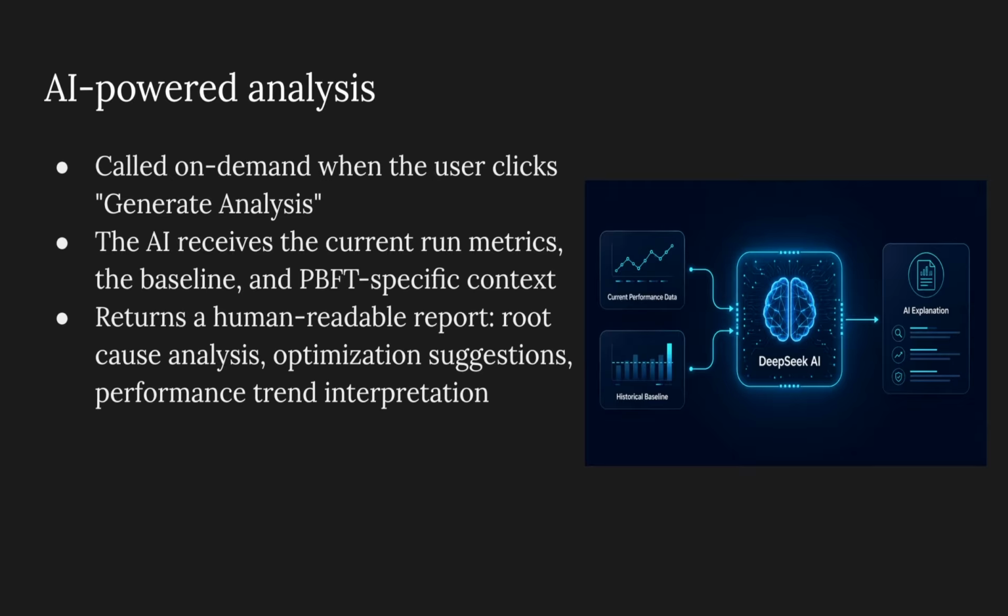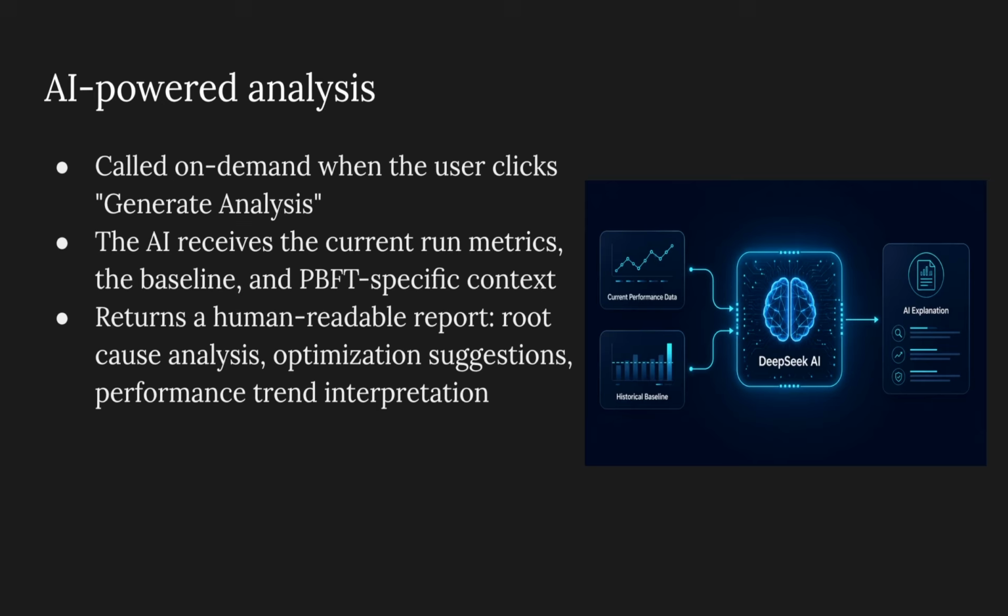Finally, after all the metrics are calculated and saved in our database, the user has the option to compare their current run against one of the baselines that they chose. And if they want to do a comparison, they also have the option to say generate analysis. By clicking generate analysis, the AI receives the current run metrics, which was the